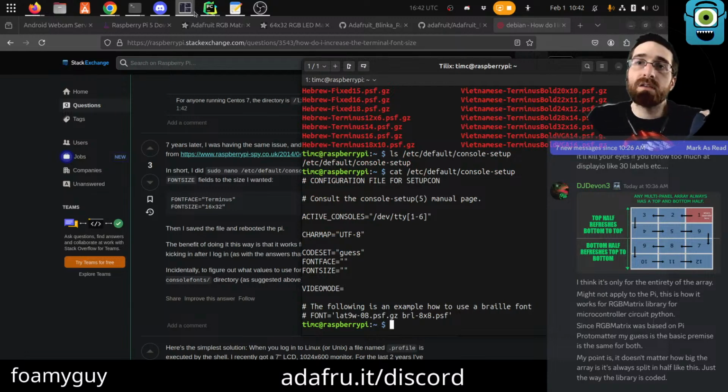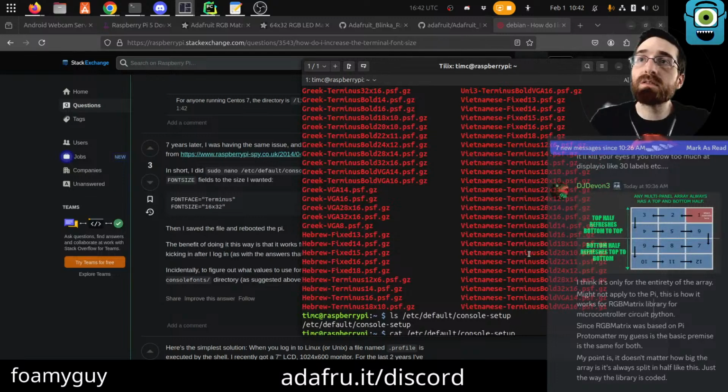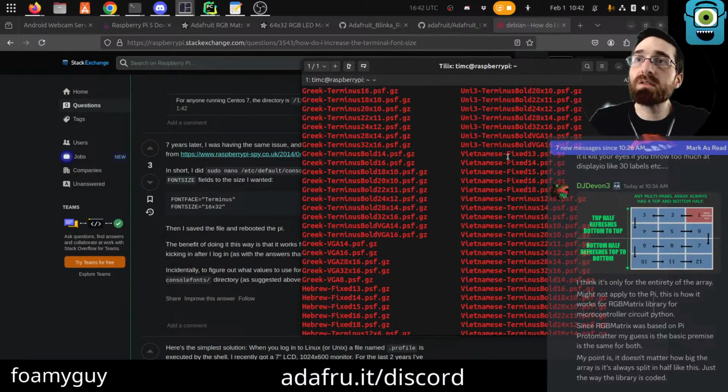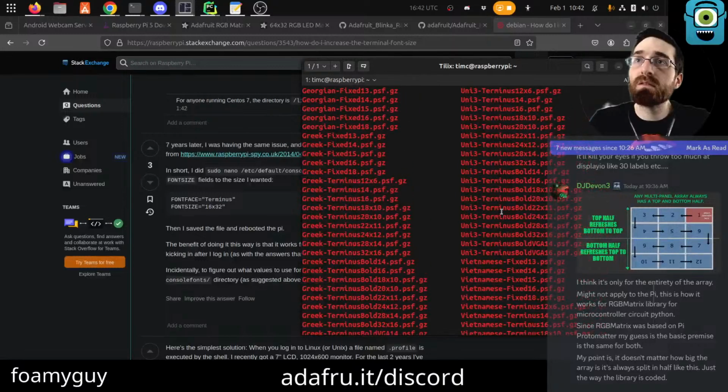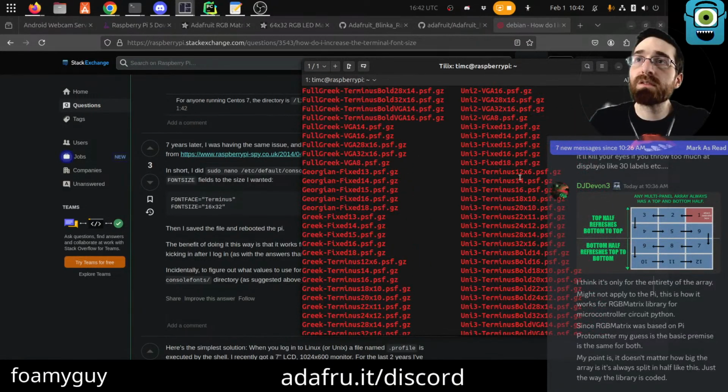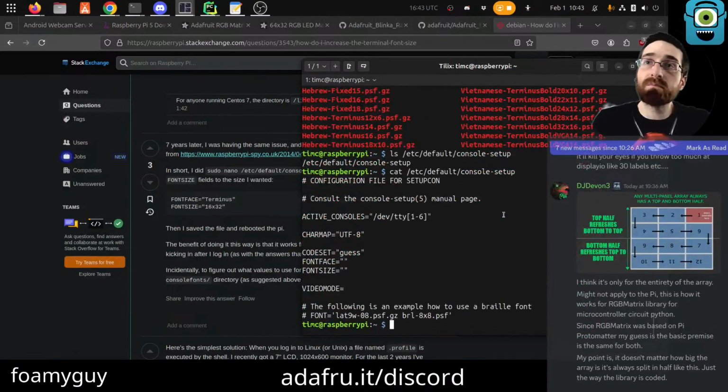Font is on, oh, that's Braille font. Excuse me. Okay, so font is on blank. So there is Terminus. Which one of these is smallest? Terminus 14 or 12.6? Or would fixed 13 be smaller? Let's try 12.6 Terminus and see if that's useful.